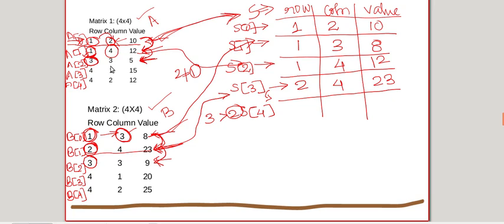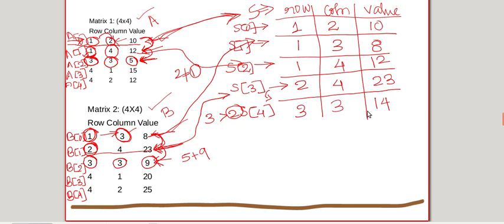If it is equal, you have to take the column value. Now column value is 3 here. Here also the column value is 3. Column value is also equal. If row and column are found to be equal, you have to take the value of A and take the value of B and find the sum of both A and B. That is 5 plus 9 you have to find. 5 plus 9 is 14. So 14 will be the value of the sum matrix. And either we can copy this 3, 3 or this 3, 3. Both are same. So 3, 3 and take its sum.